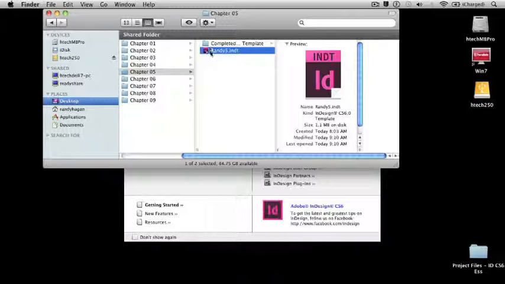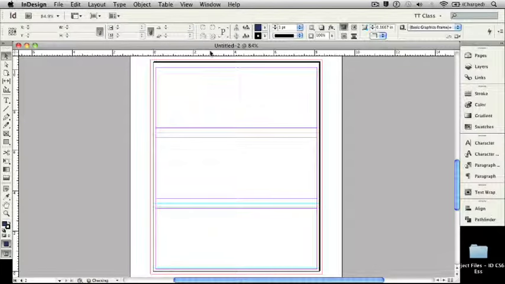I'm going to double click on this, and when I do, it's going to create a brand new document, in this case named untitled followed by whatever number sequence you're working with. So what's happened is we've opened up the template and it's created a brand new untitled file. That's what an InDesign template does. It allows you to create copies of the original file to work with to build new InDesign documents without messing